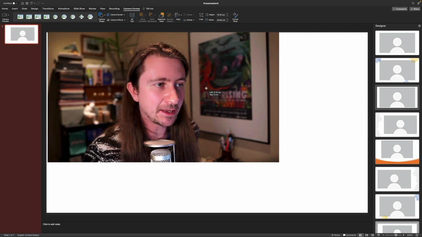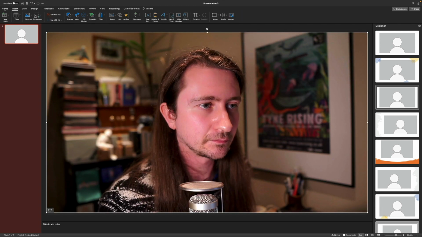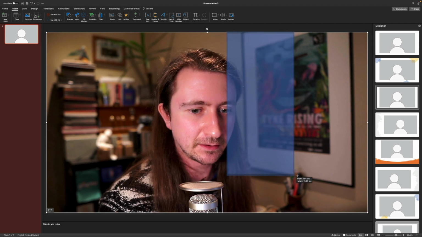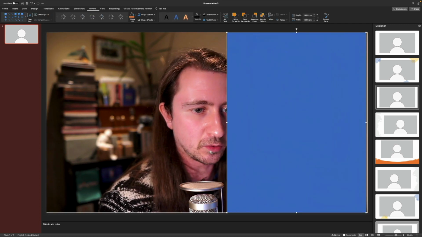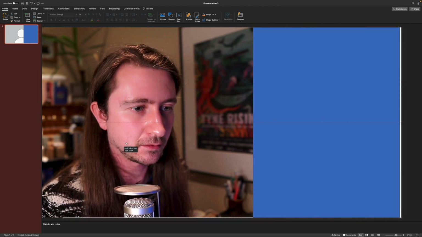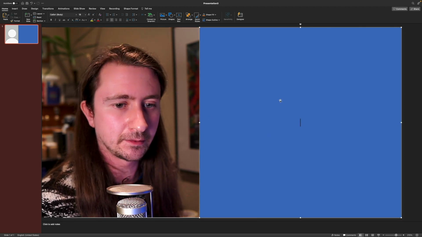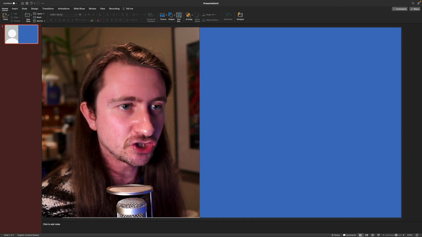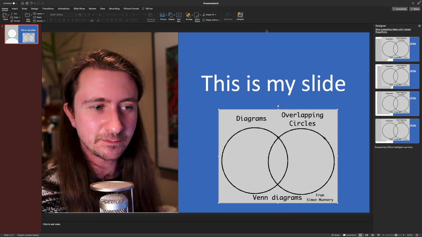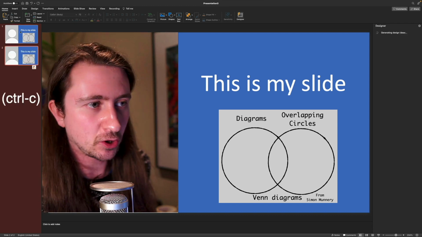And again, we're going to make this take up the full frame. And then we're going to make our slide. So I'm going to use a shape again, put that on one side here, move myself to the left. And again, I can just generate my slide here now. So here we go. This is my very exciting slide. And once again, I can just make copies